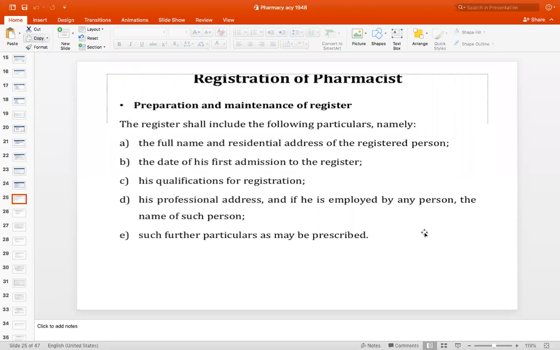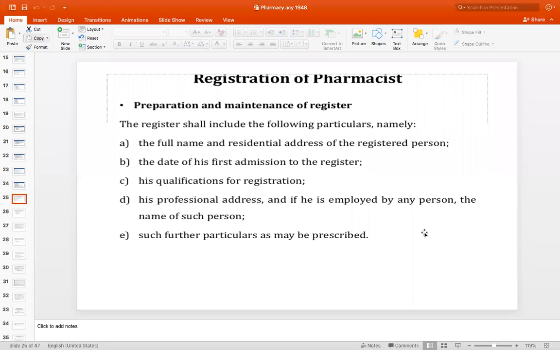His qualification for registration. Like qualification, say I have finished my B Pharm. On B Pharm I have got registration, or I have done diploma D Pharmacy. Then also I can go and register. So what is my qualification? It can be diploma or B Pharm. That separately we'll see, what all can be the qualification and on what basis they will get the registration. Is pharmacy always compulsory? We'll see it in the next slide. But yes, they will ask our qualification and our certificates to get it registered.